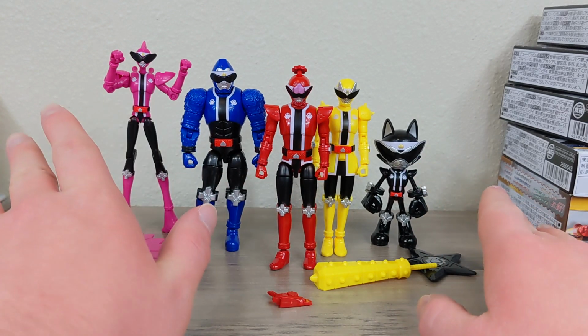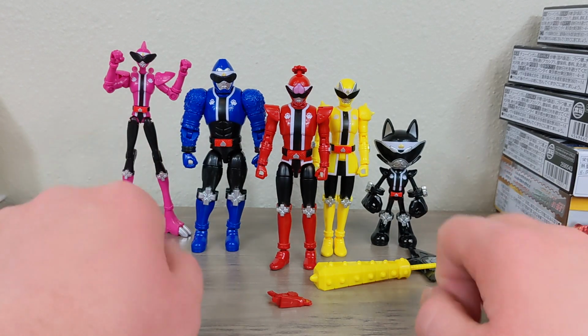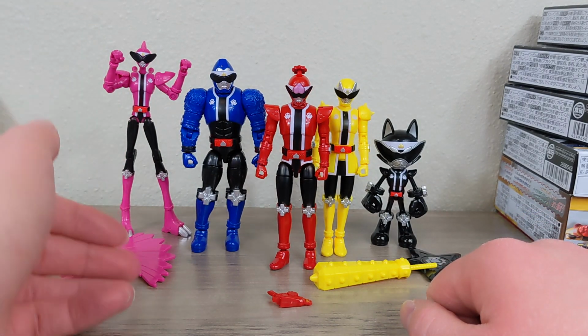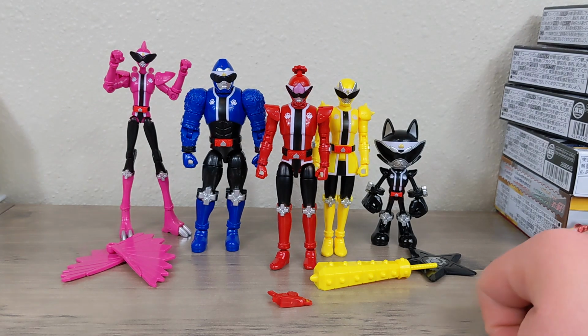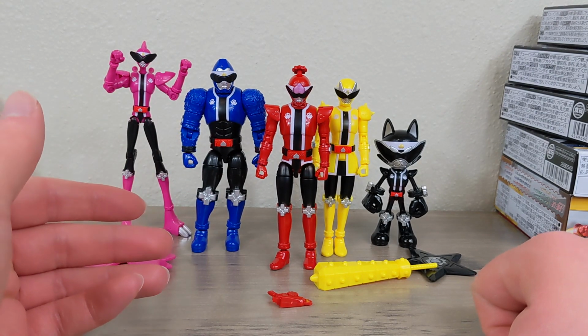Like, these are all $13 a piece, and I definitely think some of them are a little bit more worth it than the other ones. But I get it. Obviously, while this one has the kind of weird factor in the wings, this one's kind of bigger head, and it mixes in there somewhere. But I do think that these look really great, especially if you collected the Change Heroes from last year,